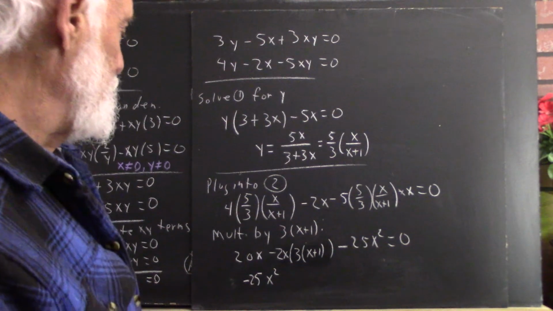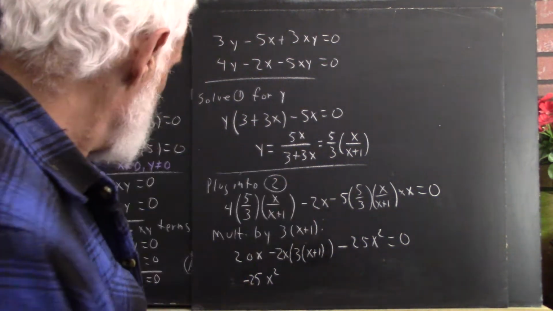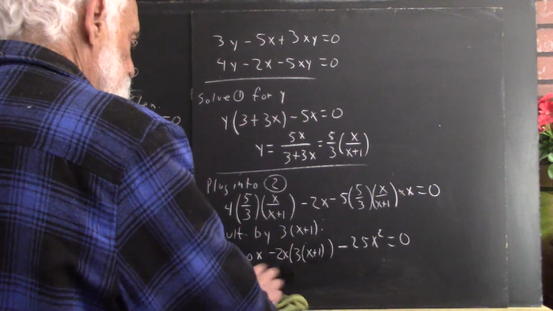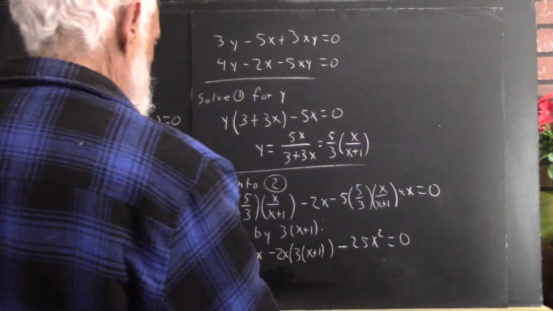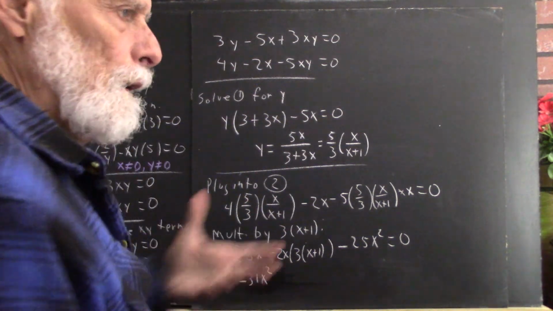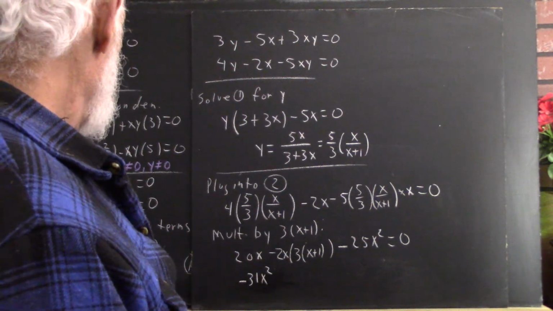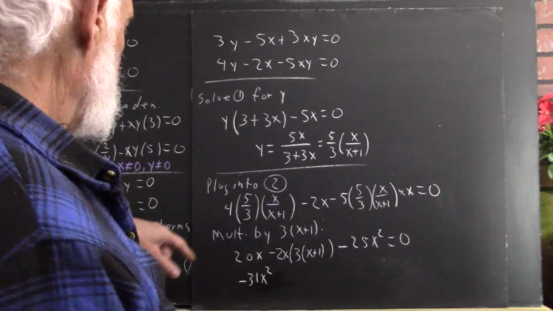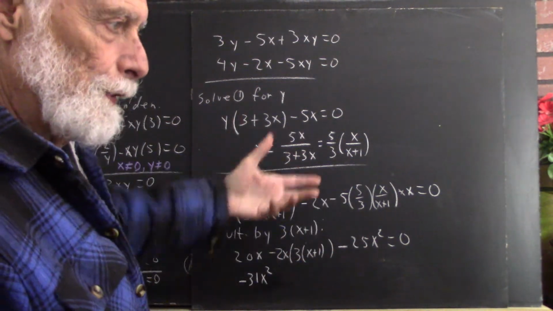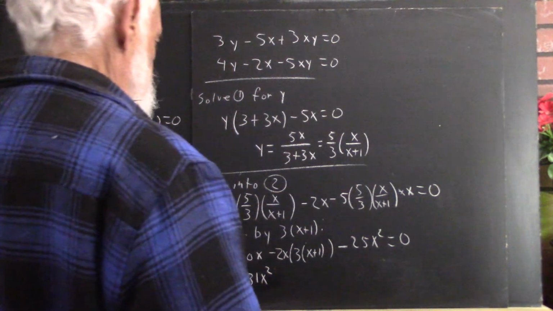And, well, actually here we've got a minus 6x squared, right? So I guess we have minus 31x squared. Okay, hopefully we've done this right. And there's the 31, and that's convenient because remember we had 31 over here and in our solution previously. So there's at least a chance that our solution is going to be consistent with the previous solution. We'll see. And then we're going to have